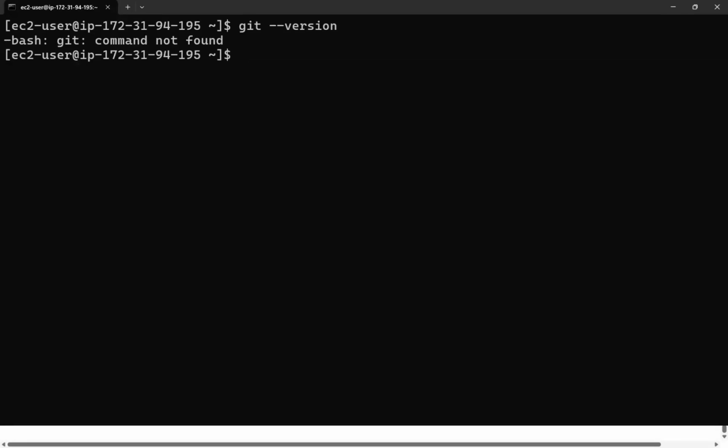So let's just do that. I'll use the command, for example, sudo yum install git. So put a -y at the end of it, just so that it will not prompt me for yes or no again.